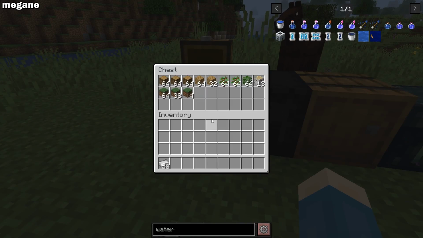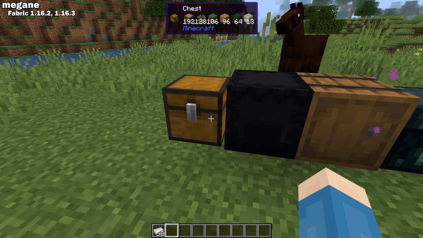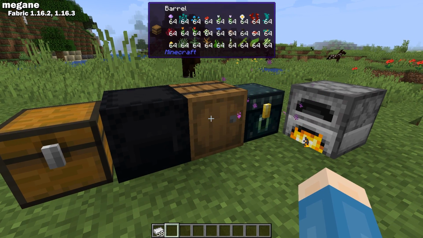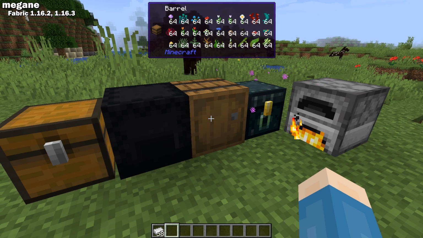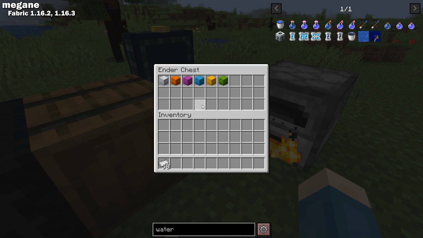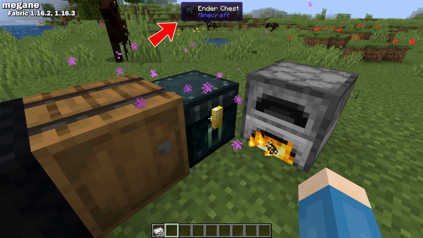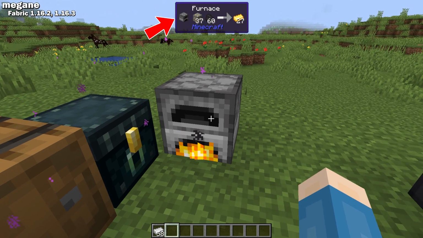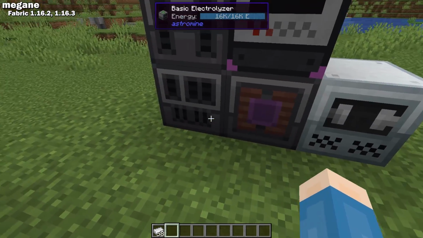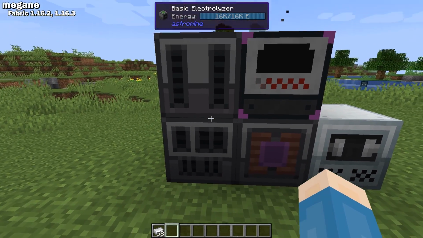Megane is a Fabric 1.16 plugin for Hwyla that adds a few more useful tooltips. I guess first I should note Hwyla is the box up at the top in the middle that shows what you're looking at. With this mod installed, it shows the contents of inventory blocks, like chests, shulker boxes, barrels, and